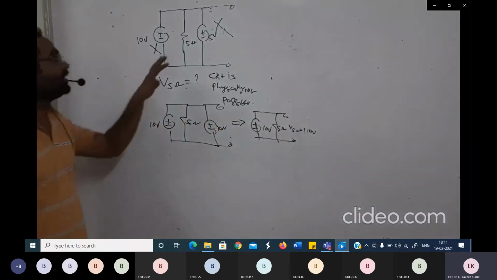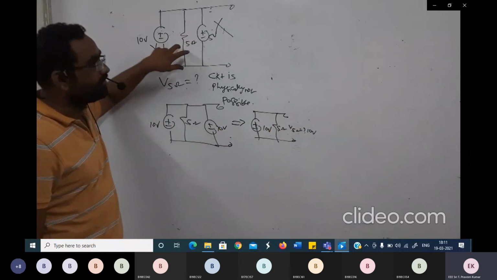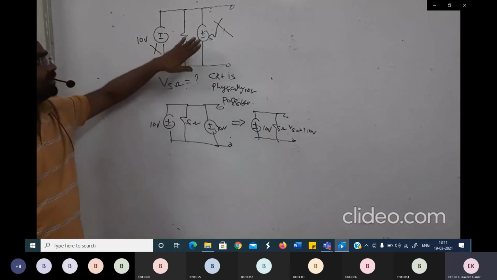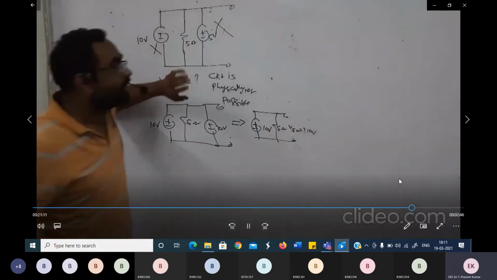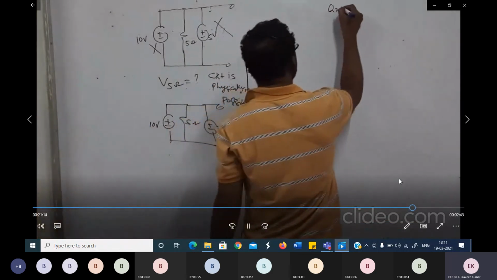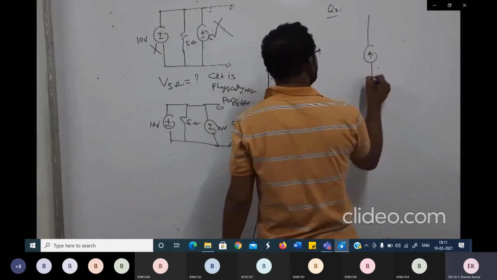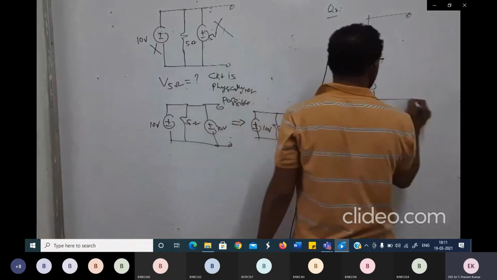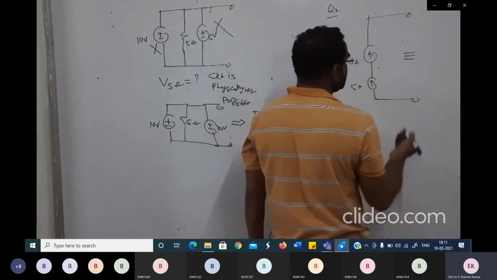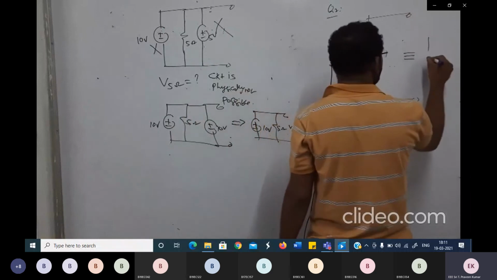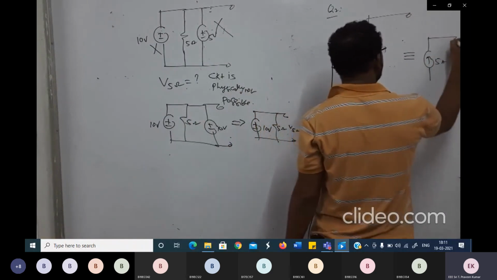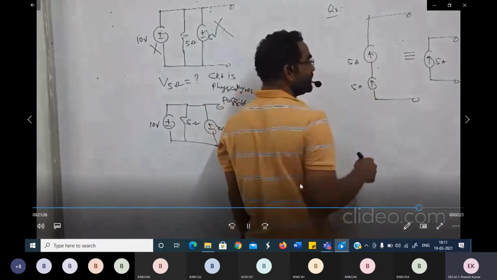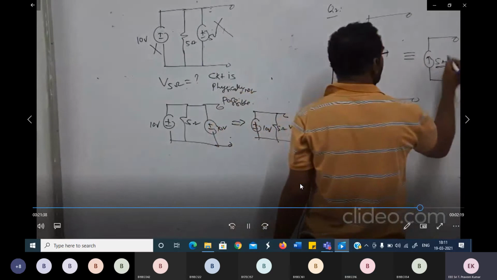So please always keep it in mind, if the sources are connected in parallel with an element, it has to be of same value. We cannot connect different values of the voltage, right? Now similarly, there is another question, like, now let us see, this is 5 ampere, this is 5 ampere. Both the current sources of same value are connected in series. It means that instead of showing 5 amperes of different sources, you can show one 5 ampere source, because the current flowing through these two, both connected in series, will be same. So this is of 5 ampere only.